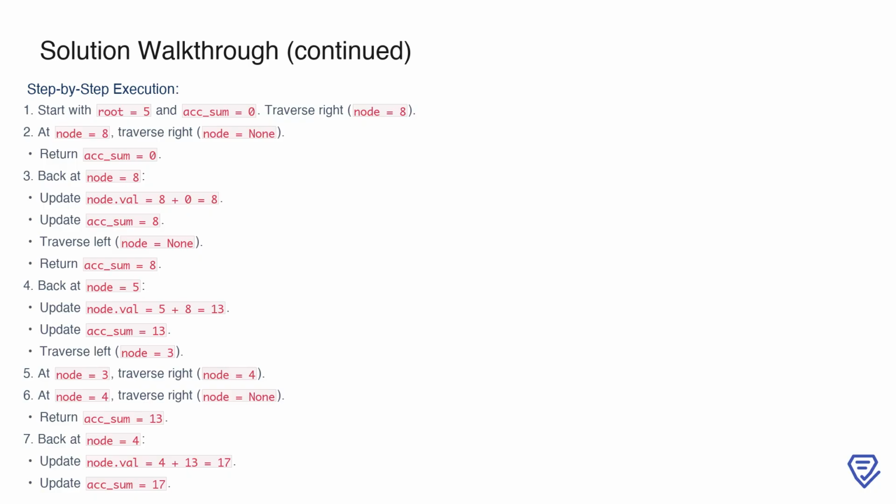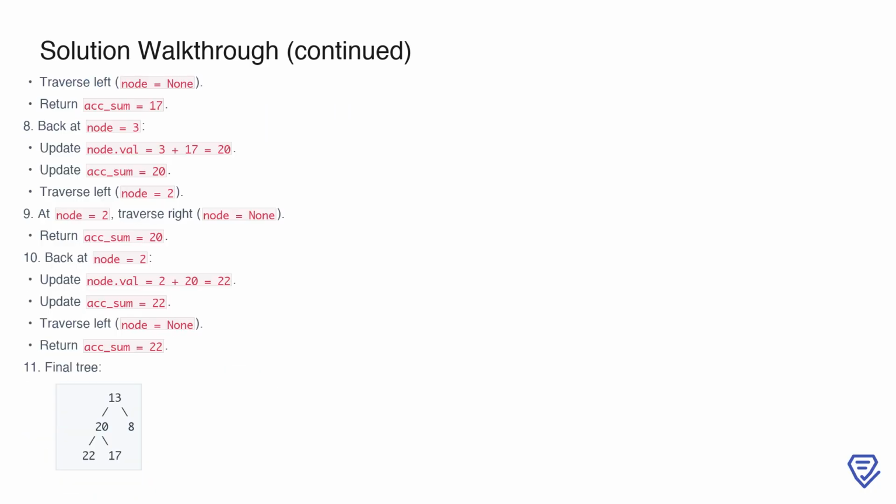We then traverse to the left subtree, reaching node 3. From node 3, we move to the right subtree, reaching node 4. At node 4, we first attempt to traverse right, but there's no right child, so we return the accumulated sum of 13. Back at node 4, we update its value to 4 plus 13 equals 17 and then update the